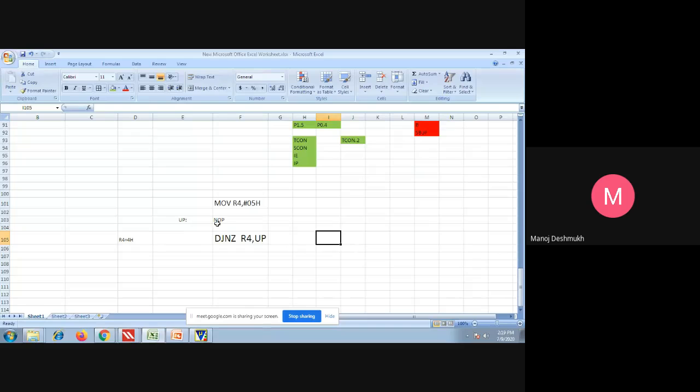So again it will go to no operation, again it will decrement, and after this 4 becomes 3, and check whether it is 0 or non-zero. 3 is non-zero, so again it will go to up, no operation, again it reaches 2, after that 1, and after that 0. When the 0 condition is